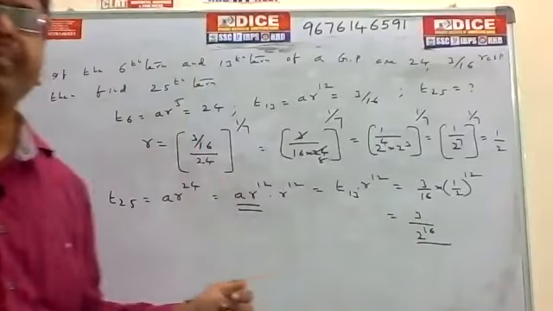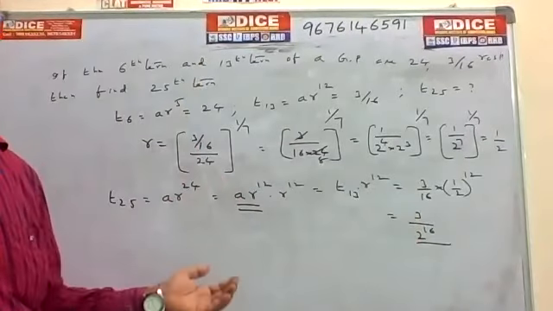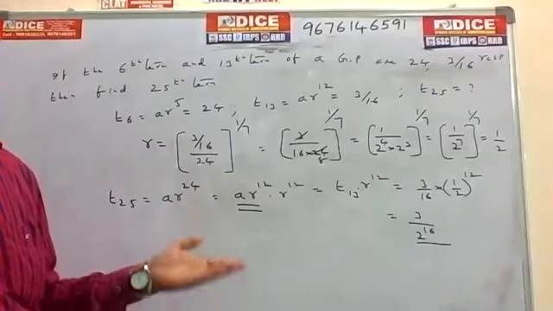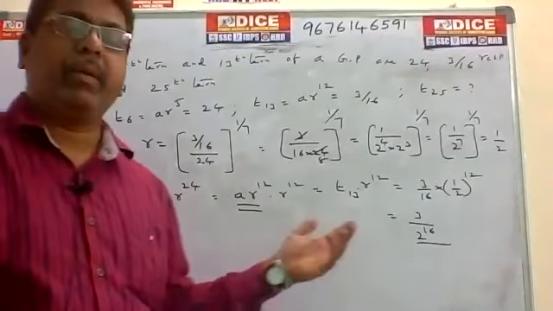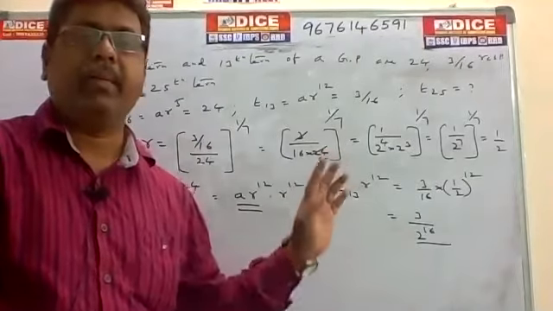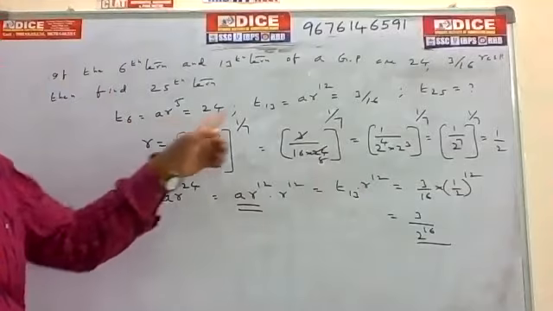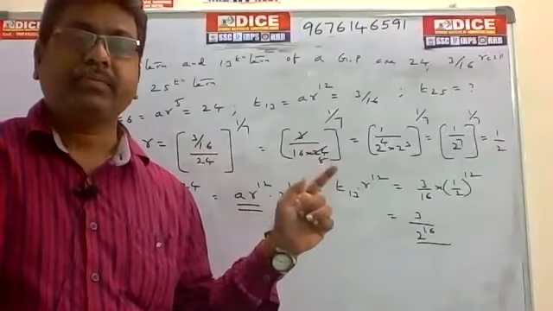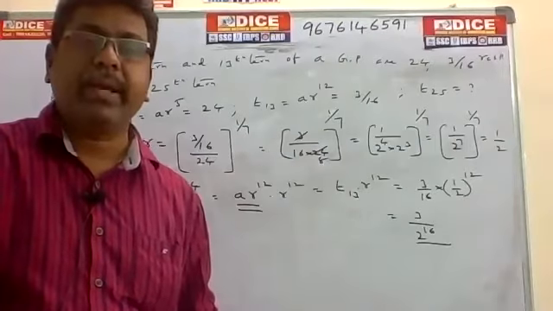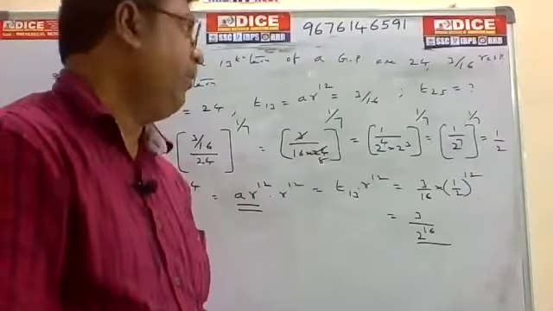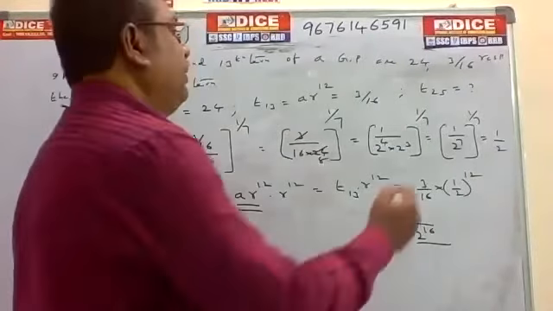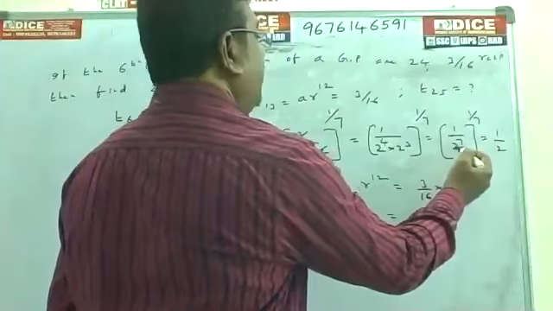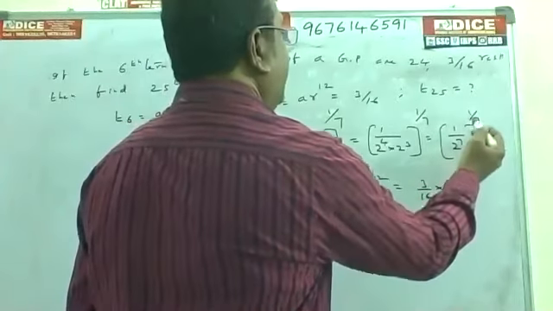This is a big problem, but a big problem is not a big problem if you assume it as small problems. So here, the R value formula. What is the formula for R value? It is power cancellation.